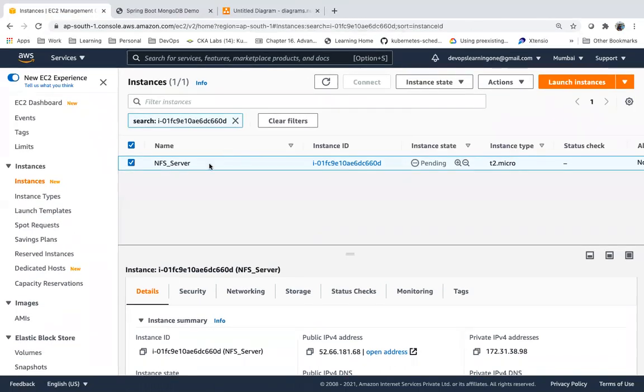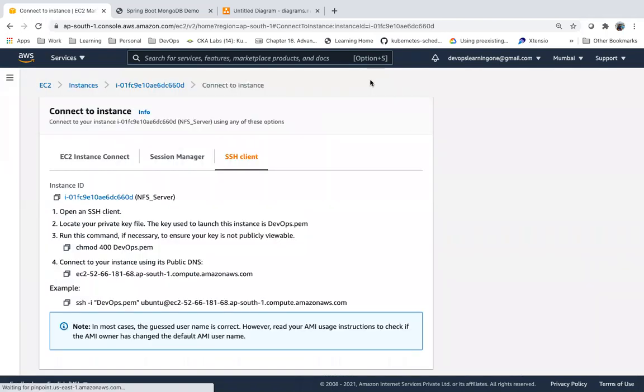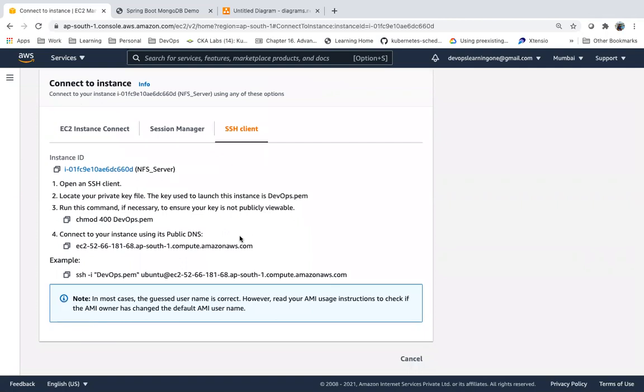So let me set up NFS in this server. Let me connect to this server. Once this server is ready, I will set up NFS. It is not related to Kubernetes, guys.